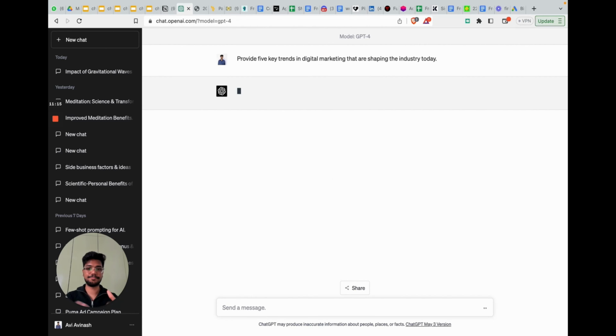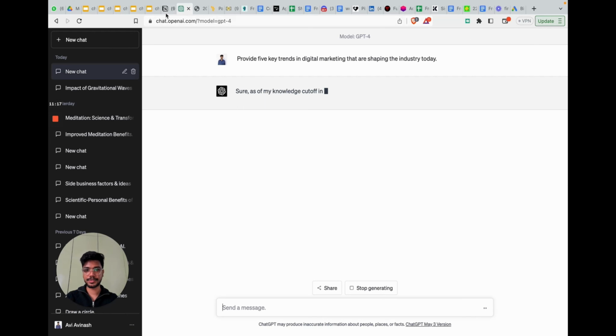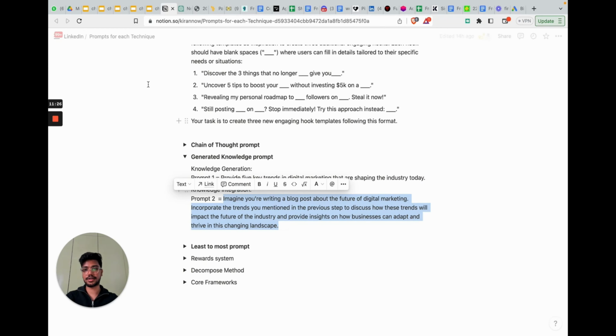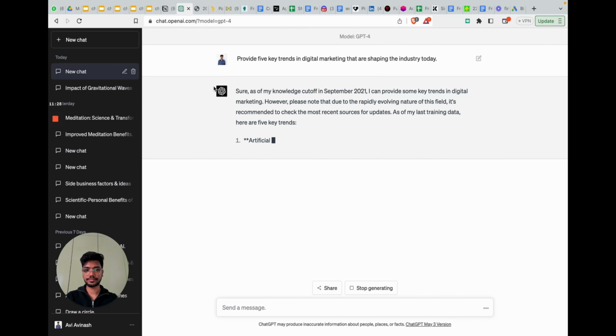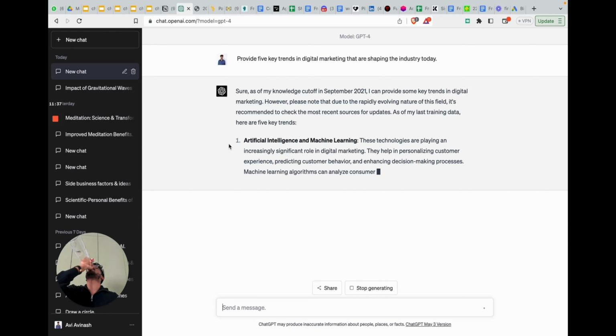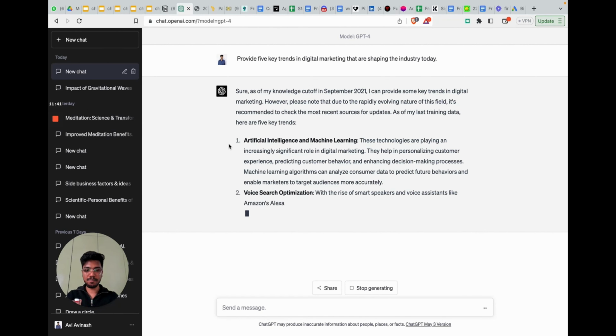So we're just asking a question, it will give an answer, and this is the knowledge generation part in the generated knowledge prompt. Now we want to integrate the knowledge that it generated. So it's writing trends in digital marketing such as artificial intelligence and machine learning, and so on.